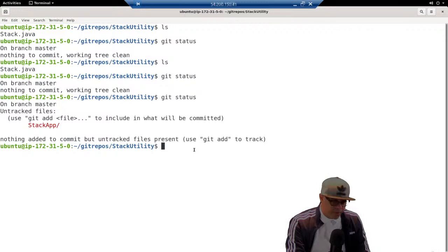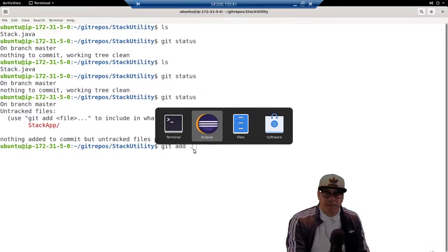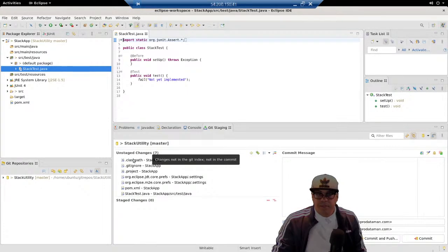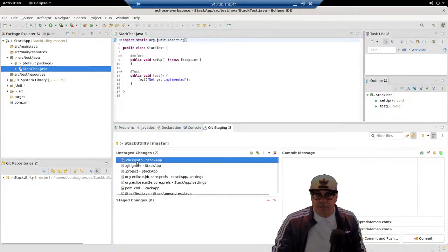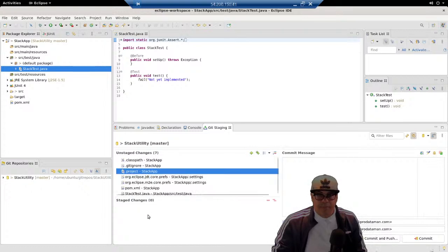Now, as we saw in the previous demo, we could do a git add dot, and we could add all those files to the staging area from the command prompt. But let's do that a little bit differently this time. This time, instead of typing at the command prompt, we're simply going to come to the unstaged changes area. We're going to do a Control A to select all of the files there. And then we are just going to drag and drop those files